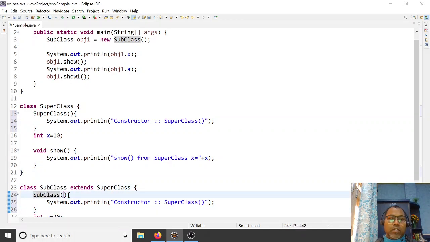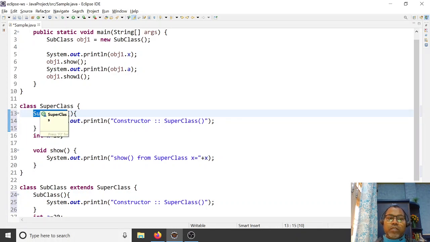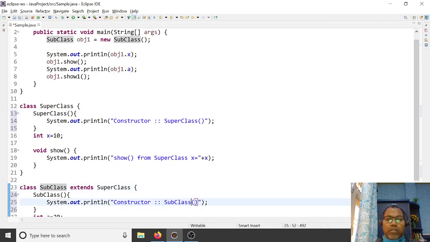A constructor is the same as a method but does not have any return type. The name should be the same as the class name.